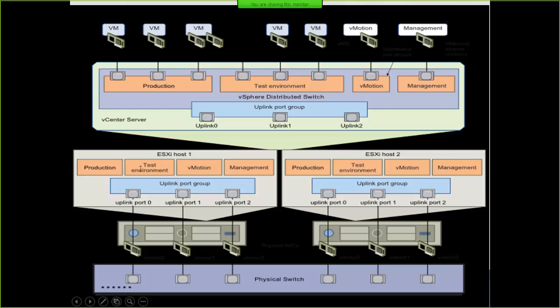Once we connect the network settings of the first host to the distributed switch, then we connect the network settings of the second host to the distributed switch. Everything is manual here, although